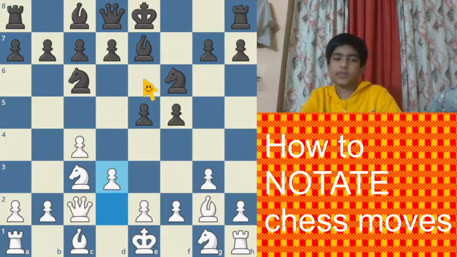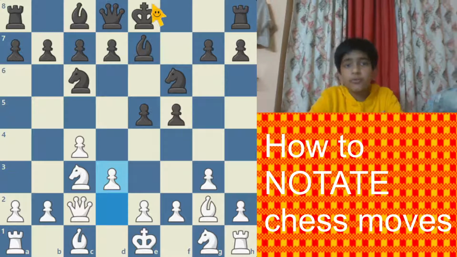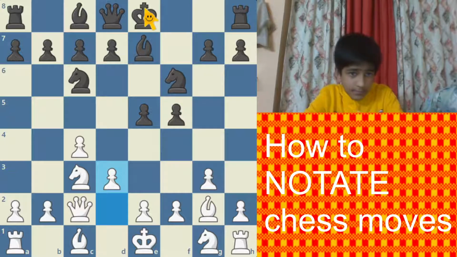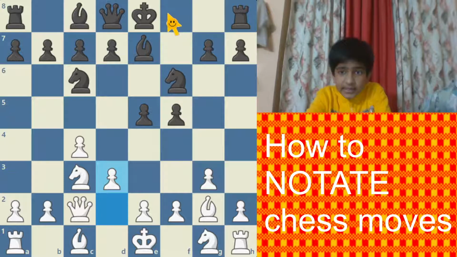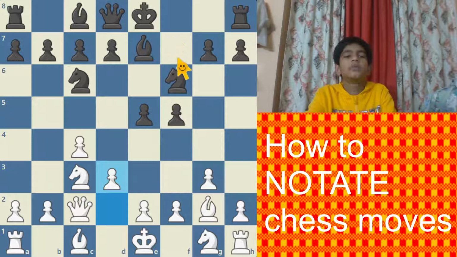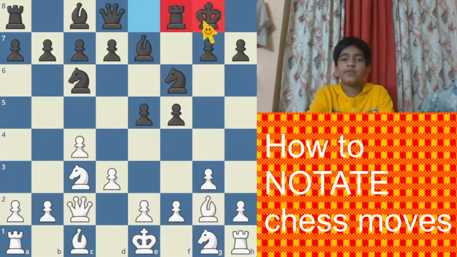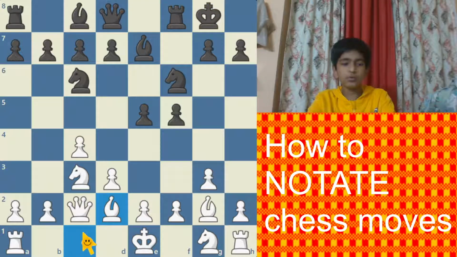Now I've told you about all the pieces, but what about castling? When castling is done, if it's king side castling, then it will be called 0-0 because there were two pieces in between which got cleared out between the rook and the king. So 0-0. Now let's say bishop d2